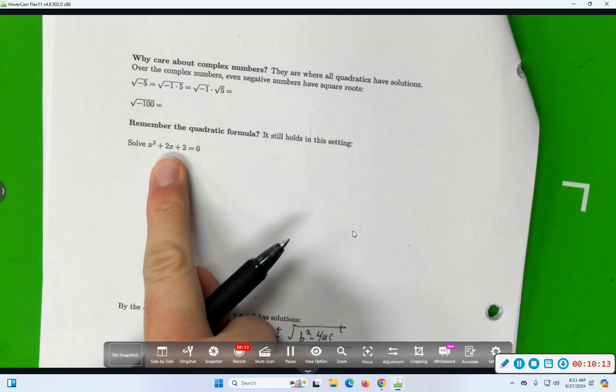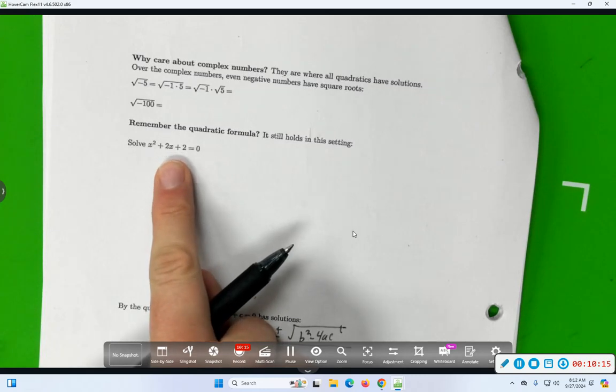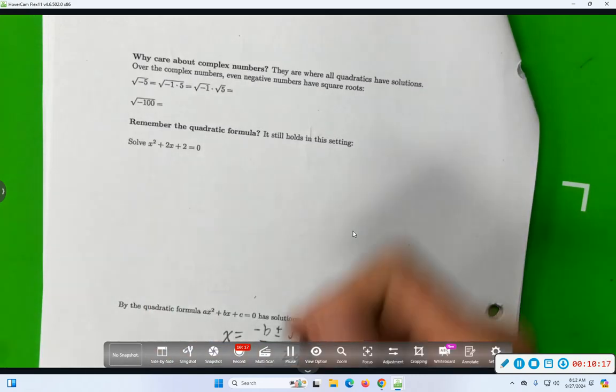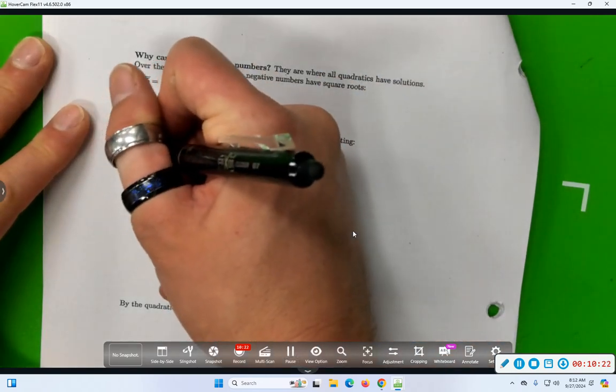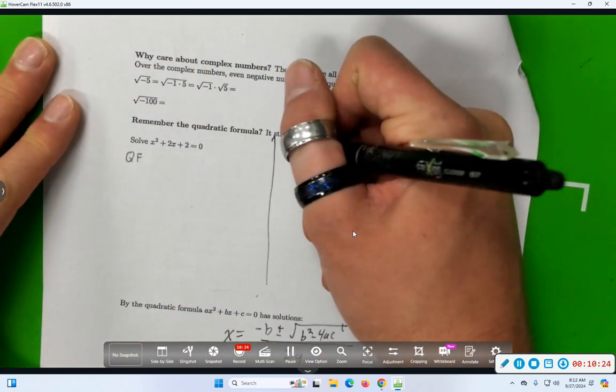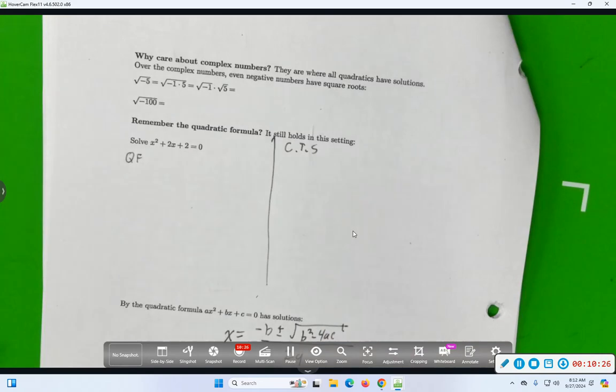And let's just see this demoed. x squared plus 2x plus 2. That look like something we can solve? Yeah. And maybe we'll do it two ways. We'll use the quadratic formula on the left, and on the right, we'll complete the square, because completing the square, we'll really see where that imaginary bit comes from. So using the quadratic formula,